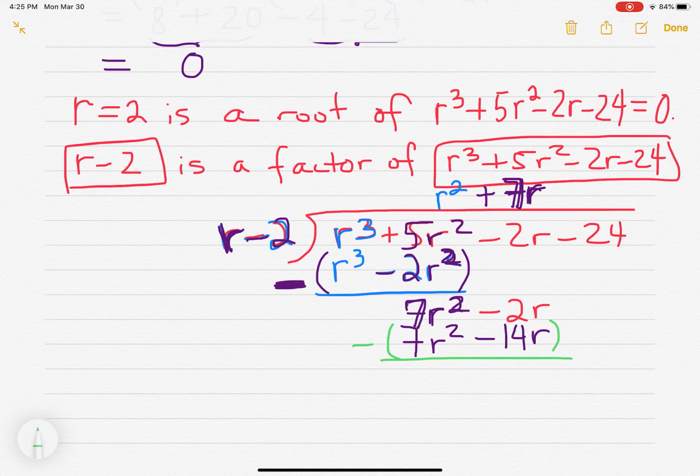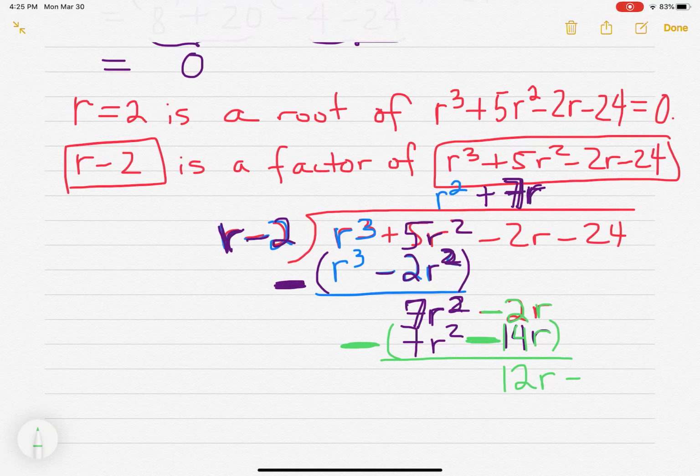We're going to take this red right here. I'm going to do it green. And we're going to take -2r right here, right? -2r minus a -14r. Now, if you think about this minus out front and this minus here in front of the 14r, that's going to be a plus, right? Double negative makes a plus. So we're going to actually have -2r plus 14r. -2r plus 14r is going to give me 12r. So I got 12r, and now I'm going to bring down